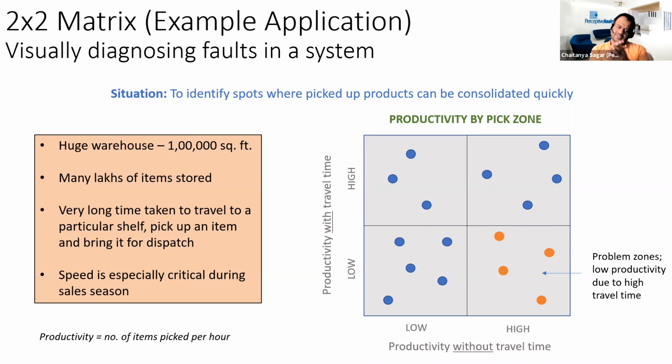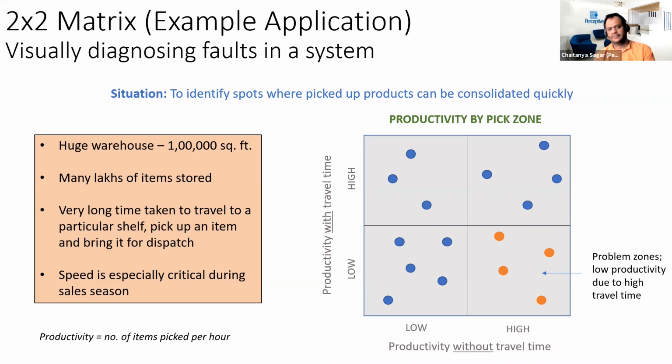Again, I'm trying to understand what these numbers are. When you say productivity with the travel time and without the travel time, how do you measure these? Productivity is measured as the number of items picked per hour. The numerator for both metrics is the same, the number of items picked. The denominator for productivity without the travel time is just the time taken by the person to go to that particular shelf and pick that product up. Once the order comes in on the handheld device, he has to search in which section of the shelf it is placed, which aisle it is placed, and so on.